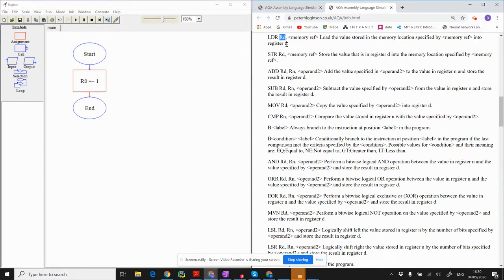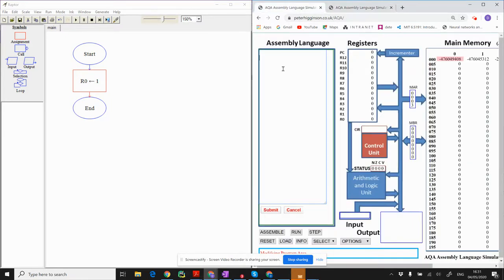So this D is standing for a number, basically R0, R1 up to R12. So we're going to LDR, store it into what we're calling R0, which is this variable here, and we're going to store the memory reference for that. So let's start off with here. So we're going to have LDR, and we're going to store it in R0,